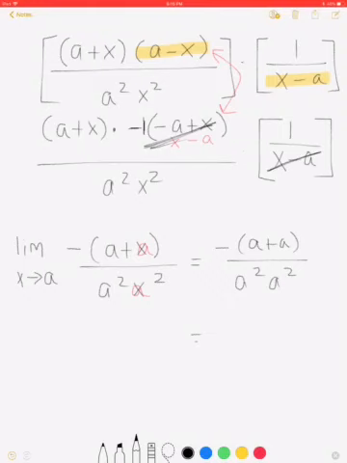Alright? It's negative 2a over a to the 4th. Right? 1 minus 4 is negative 3, so you can write this as negative 2a to the negative 3. Or you can write it as 2 over